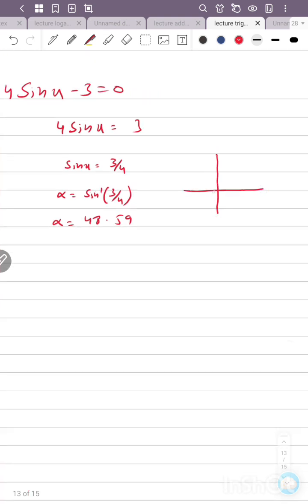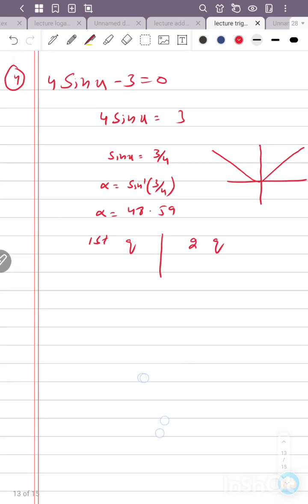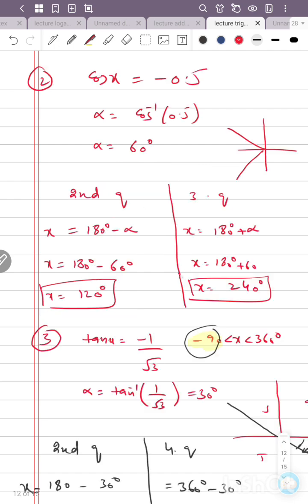So we know in which quadrants sine lies. Sine is positive in the first quadrant, and sine is positive in the second quadrant. Okay, first quadrant and second quadrant. In the first quadrant we know the same value of alpha, so x equal to 48.59, and for the second quadrant